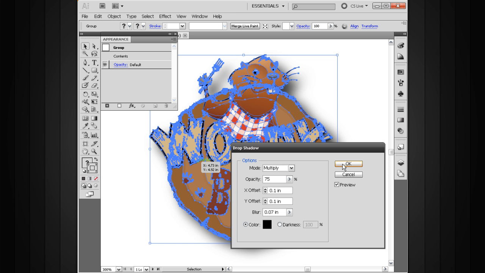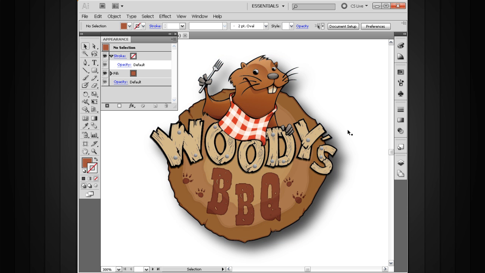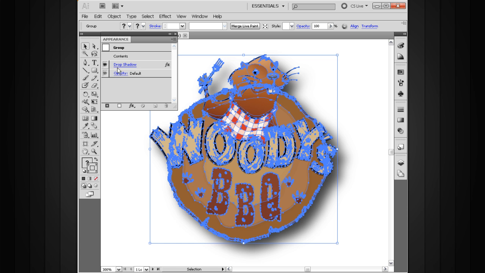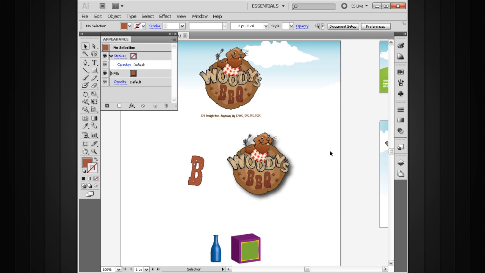So let me go ahead and hit OK on that. We'll apply that drop shadow to this group. And you can see here that if I come back in and select this group, the drop shadow effect is there applied to our group. So we can also come in here and make changes to our drop shadow after we've already applied it. So in moving on here, let's take a look at a group, or excuse me, a